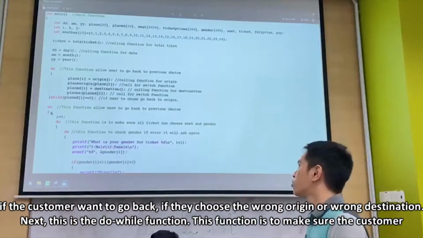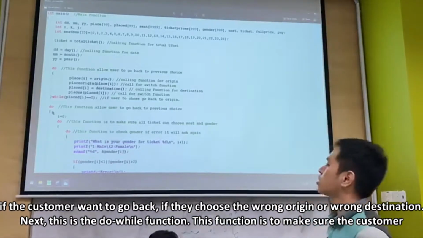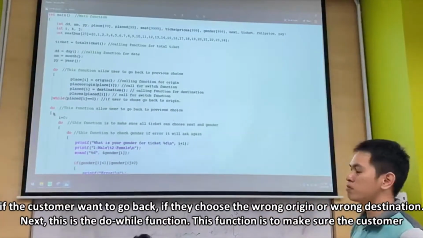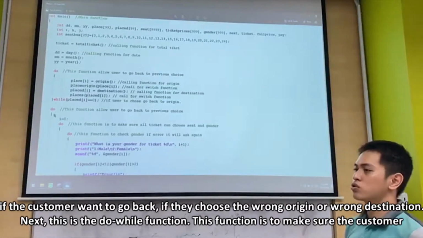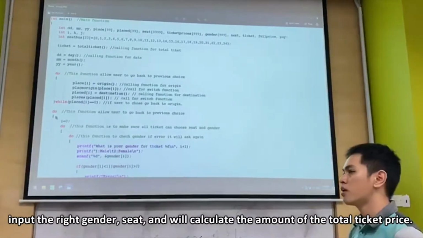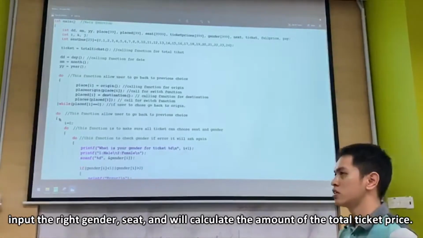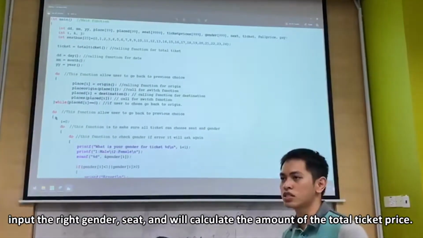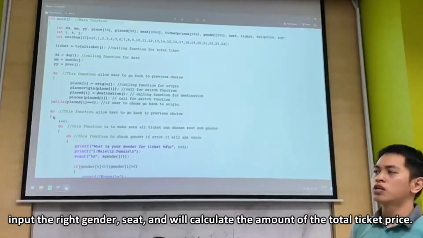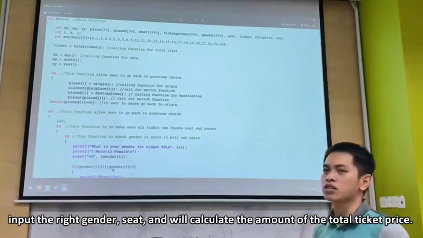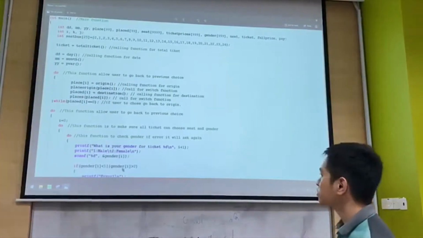Then next, this is the do while function. This function is to make sure the customer inputs the right gender and seat, and it will calculate the total ticket price.